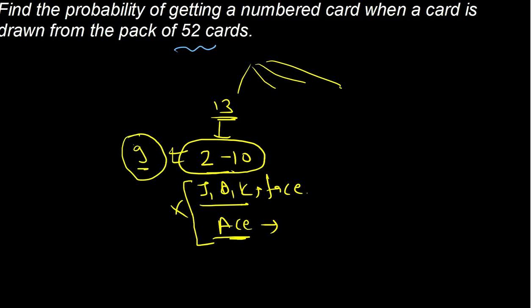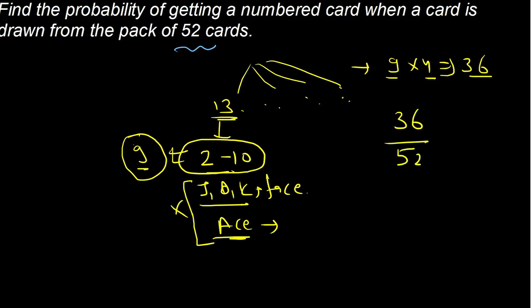So how many suits are there? So there are 4 types of cards. So now how many number cards are going to be there? 9 into 4 is what? 36. So 36 numbered cards are there out of how many cards? 52 cards. So let's start. 36 divided by 52, 4 9s are 36, so 9 by 13. So what will be your answer when you are having a numbered card? Your probability is going to be 9 by 13. If you ask, okay, how many face cards are going to be there, or what is